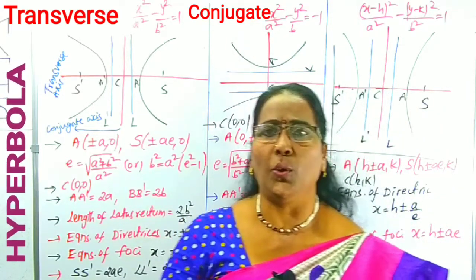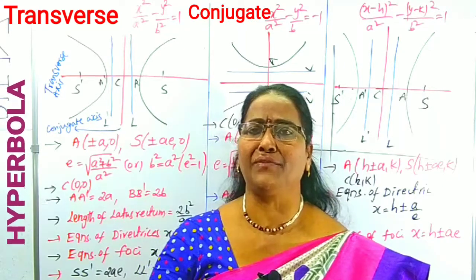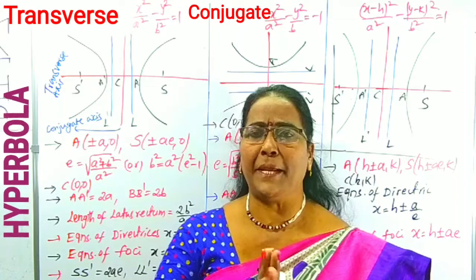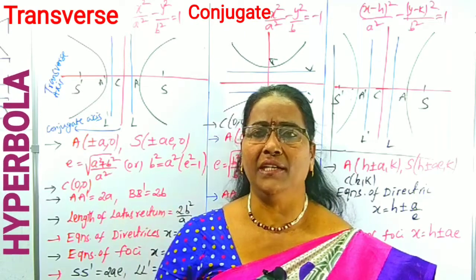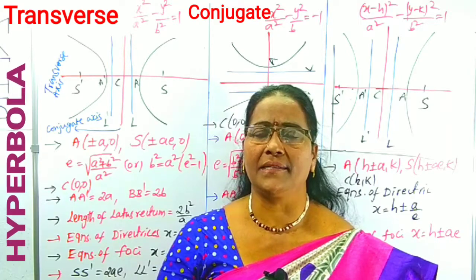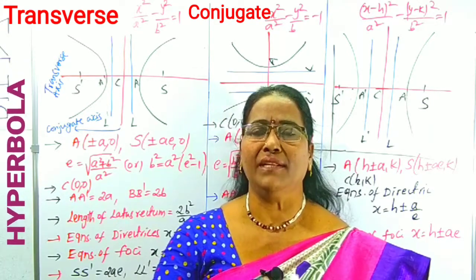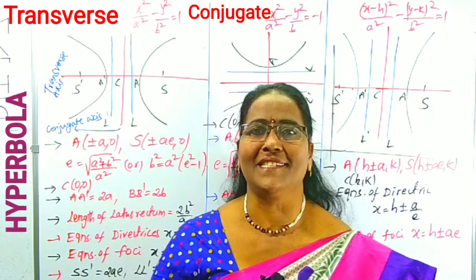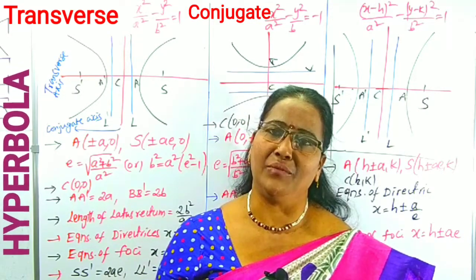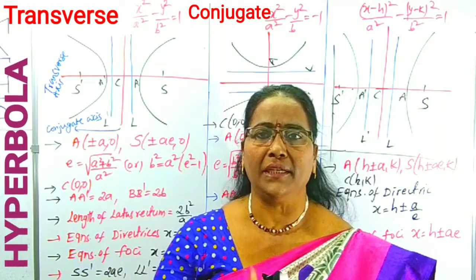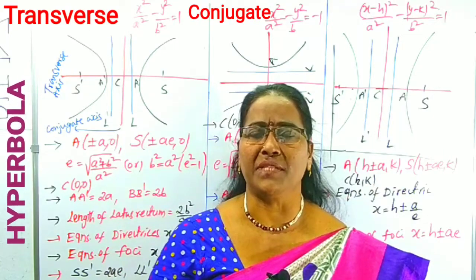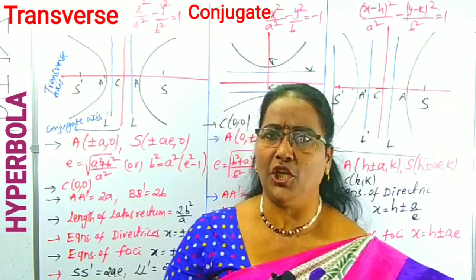Hyperbola is a conic section where SP equals e times PM, where e is greater than 1, and e is called the eccentricity of the hyperbola. Already I discussed what a conic section is, and when the conic becomes a hyperbola, in one of my videos. If you watch that video, you can get the idea about the definition. Here in this video I am teaching only the various forms of the hyperbola. First of all, you have to know this.